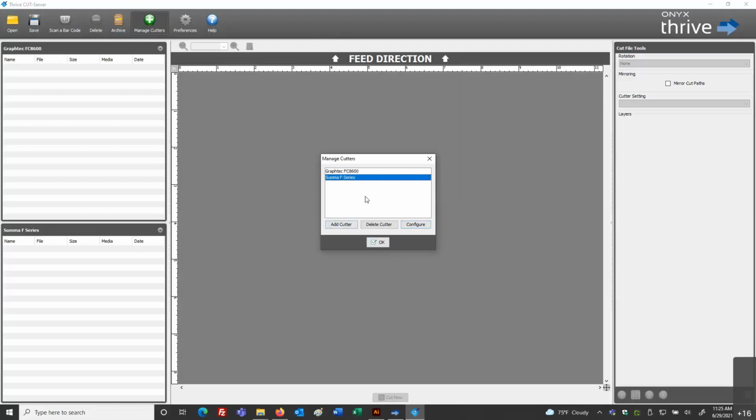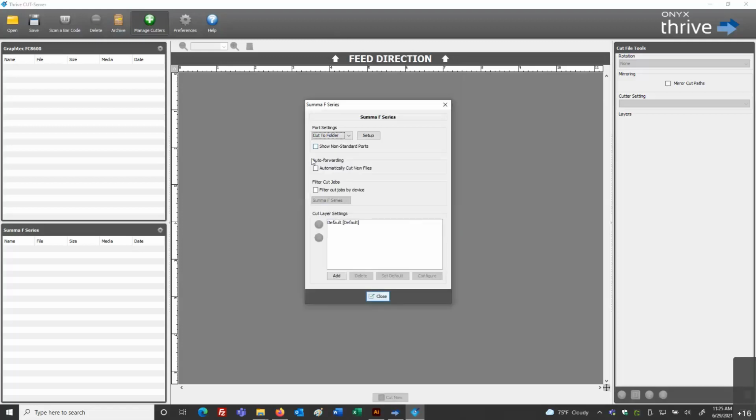I'll select the SUMA and I'll go to configure. Again, this is a cut to folder. Interesting. We're only sending to a directory. Okay, again, if we're working with some large flatbed cutter model and there's a front end computer to it, we may be working in this scenario and we're sending the information across our network to some hard drive share that's over at the computer that's going to control this particular cutter model.